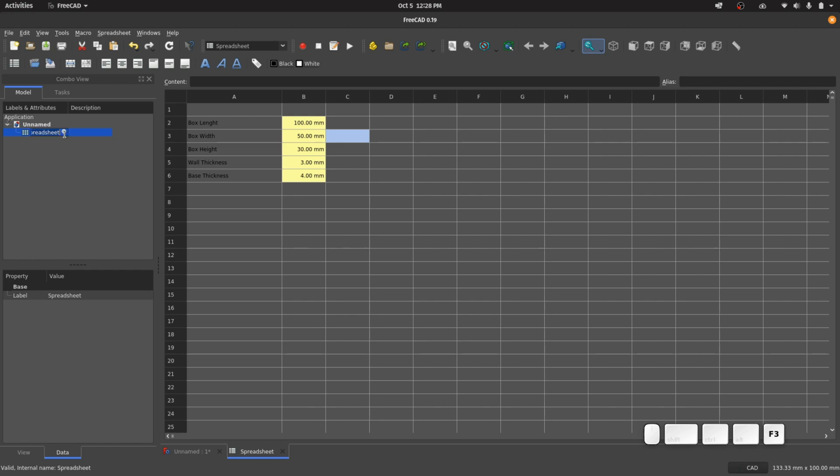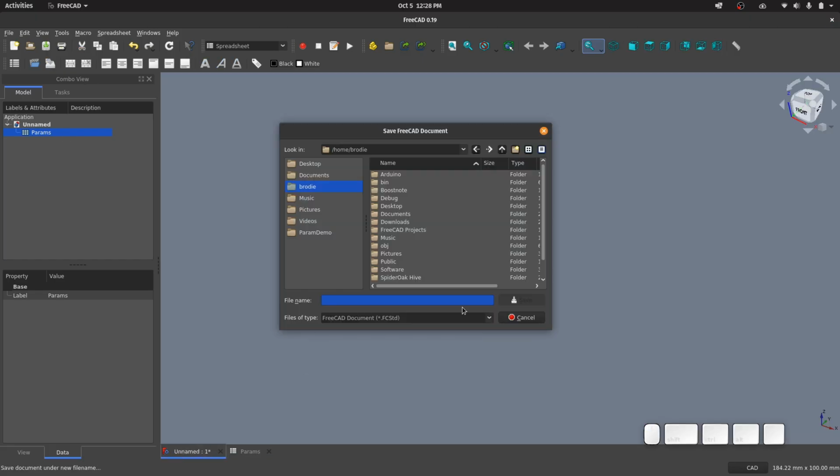Now select the spreadsheet in the tree and hit F2 to rename it. You can call it anything you want, but you'll work out soon enough that nice short names are going to be easier for you. I'll call mine Params. Now let's save the project before we go any further, and then we can go back to the 3D view